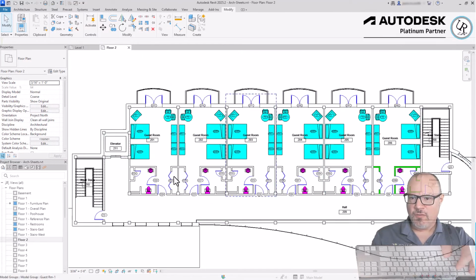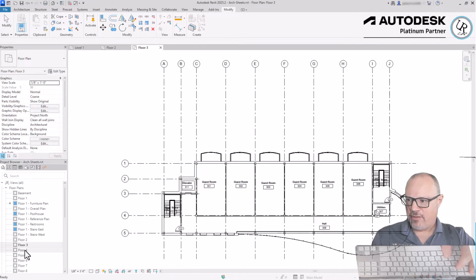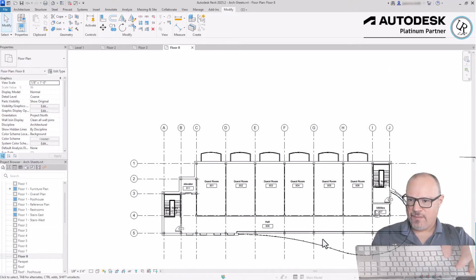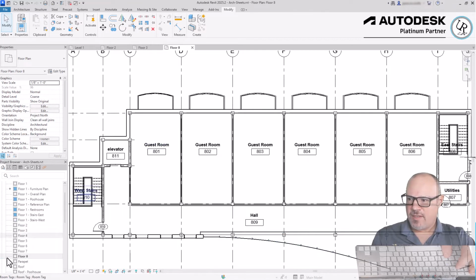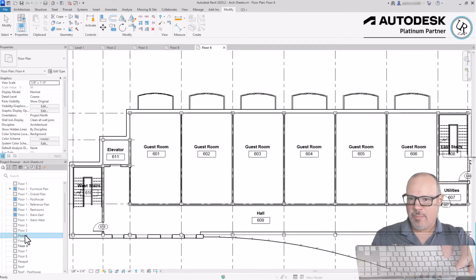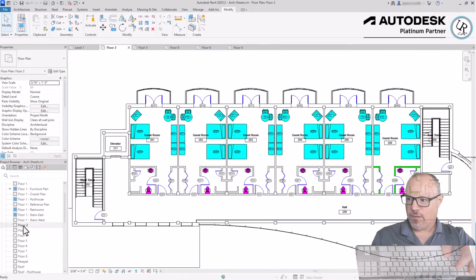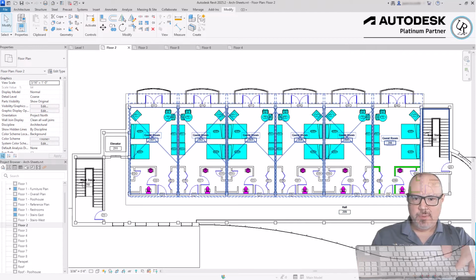Now that I have all of these rooms laid out across this floor plan, I have levels 3 through 8 that are all the exact same size and have not been populated with room information. Because I have these rooms grouped and all of the floors above are exactly identical on a vertical height basis, I can very easily copy and paste these from a floor-to-floor standpoint. Then all of the floors in every room will include the same group object,